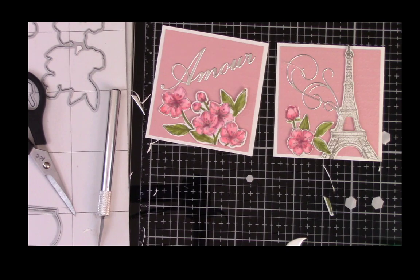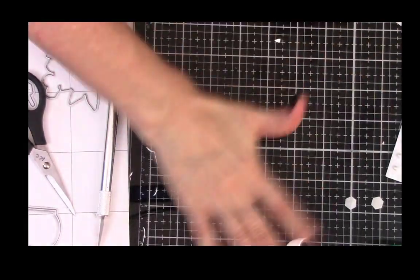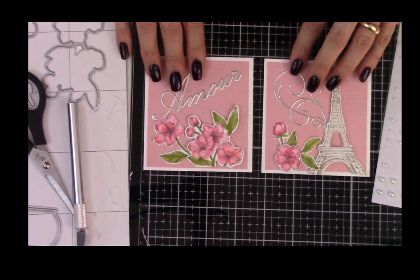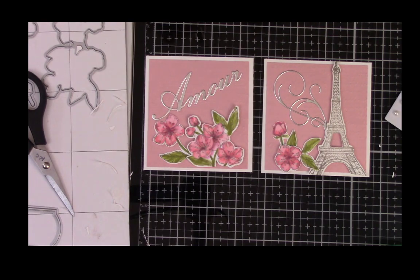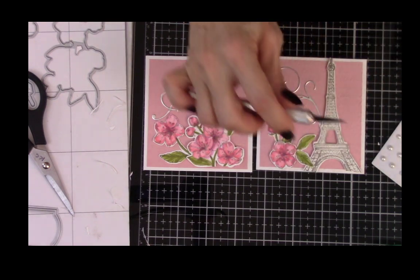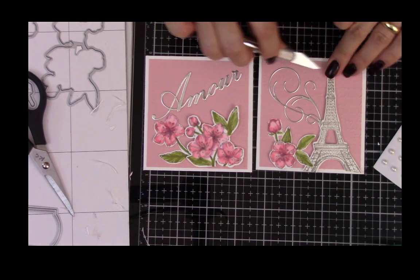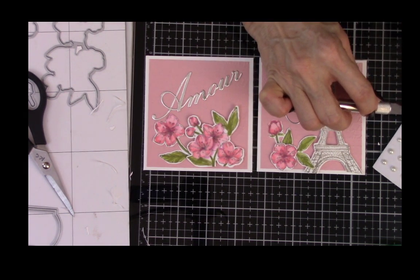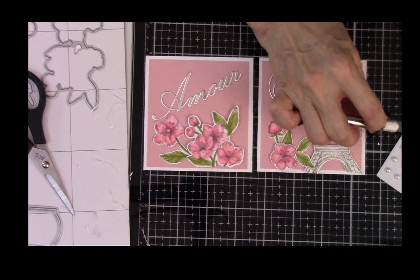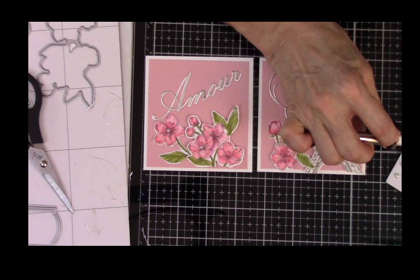Now, the only thing we have left to do is I want to add, let me get some of this extra paper, brush this out of the way so you can see what we're going to do next. All right, I'm going to add some pearls, and I'm just going to go ahead and lift up some pearls. I'm going to put a pearl up here on the top of my Eiffel Tower, and these are pretty small, because I really don't want, you know, big pearls, but I think it's enough that